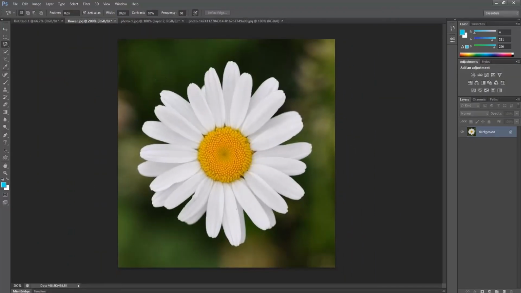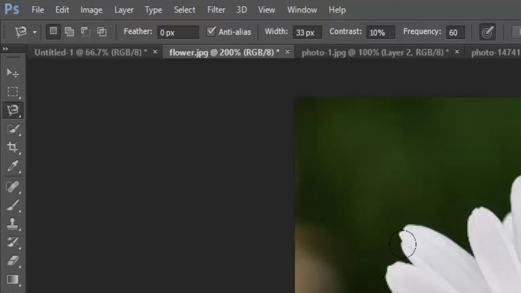You can also increase and decrease the circle by using the open and close braces in your keyboard. Open braces to decrease the circle size and close braces to increase the circle size. As you can see, when we are increasing and decreasing the circle size, the width value is also changing. Generally, we use less pixels for the width for the complex images and more pixels for the easy images.